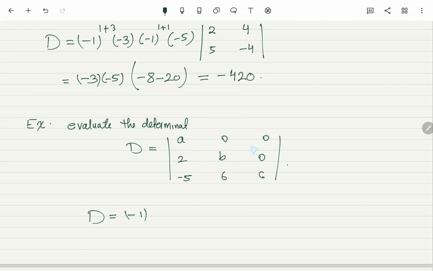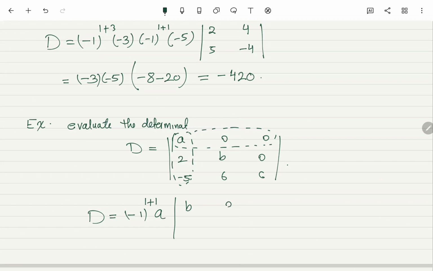So the first row has more zeros in this case here, and the first column. So 1 plus 1. Now the common element upon hiding the first row and hiding the first column, it's A times the rest,